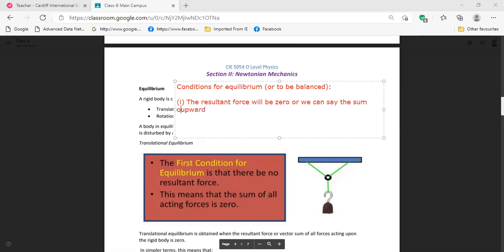I'm showing you, then you'll understand. Upward and downward force is 0. The sum of upward force and the sum of downward forces are